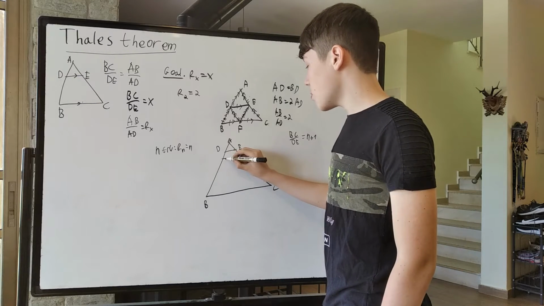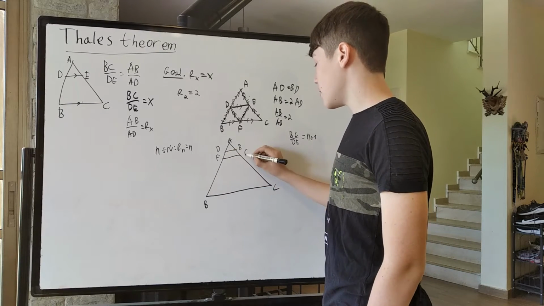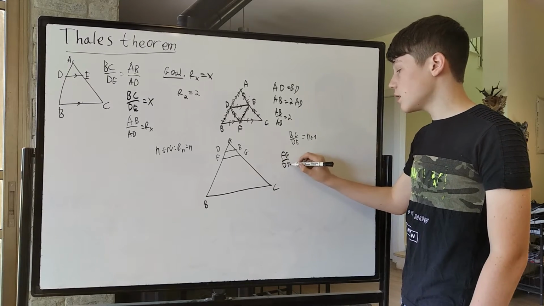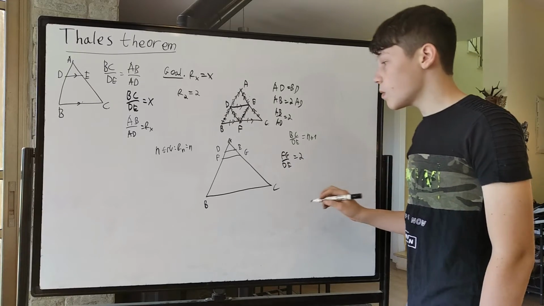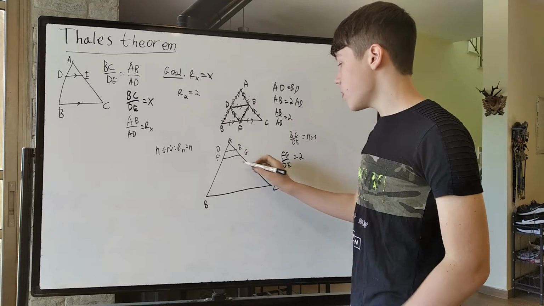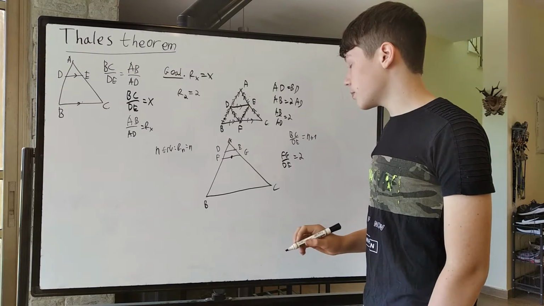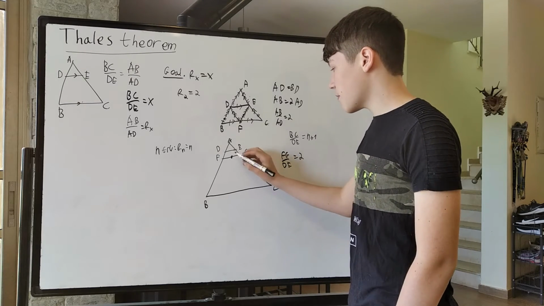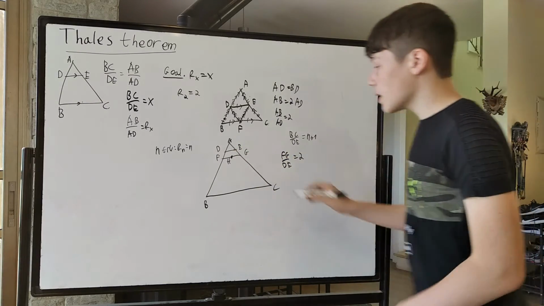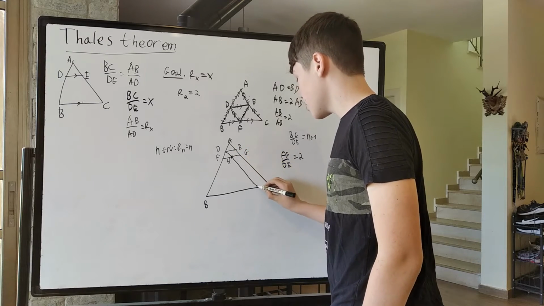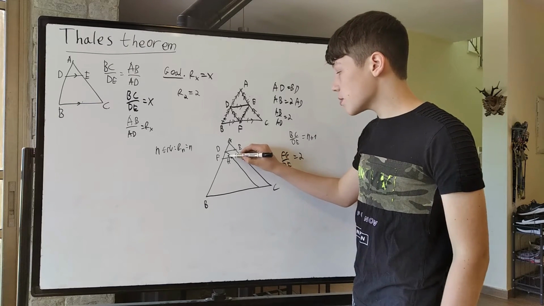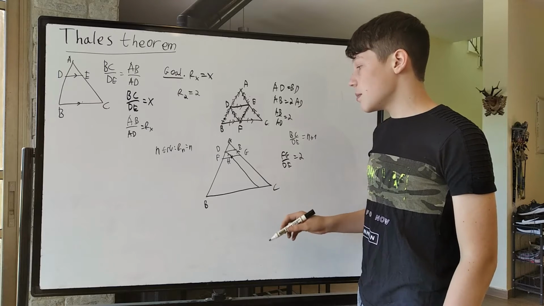So let's pick points F on AB and G on AC such that FG over DE is equal to 2. So FG is twice the length of DE. And now, let's look at the midpoint of FG. I'll call it H. Let's pass the line DH. We proved DEGH is a parallelogram, so DH is parallel to EG, meaning that